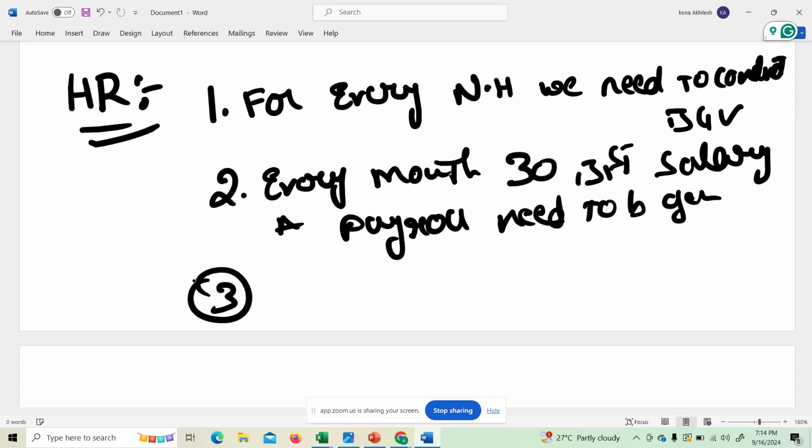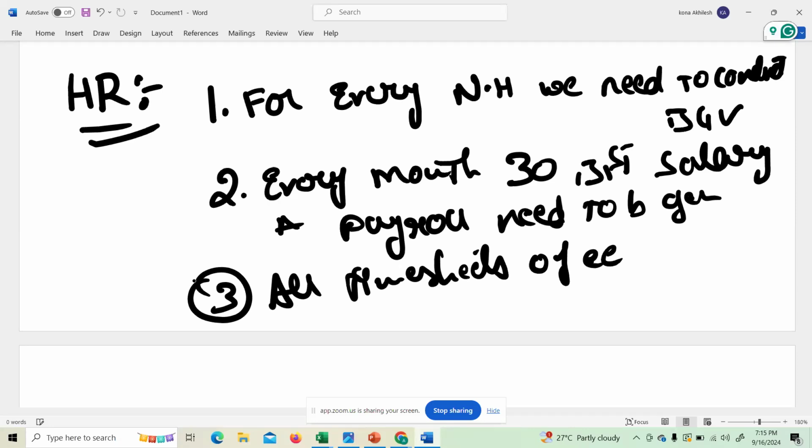And the third control is: all the timesheets of employees need to be filled. So these are the three controls.